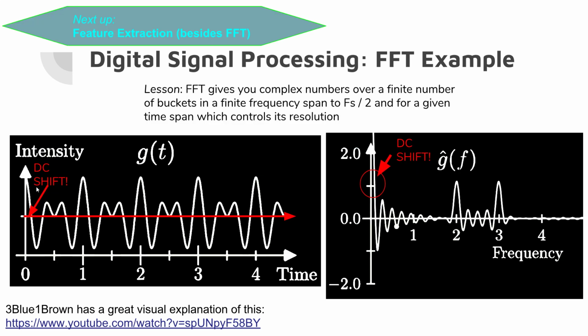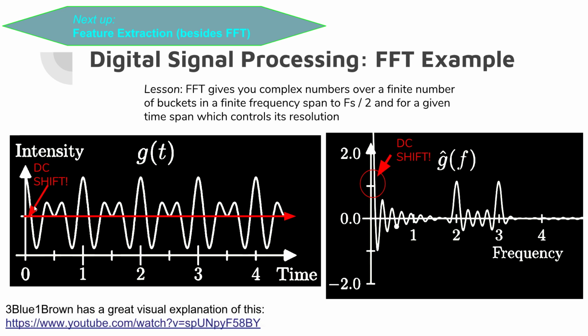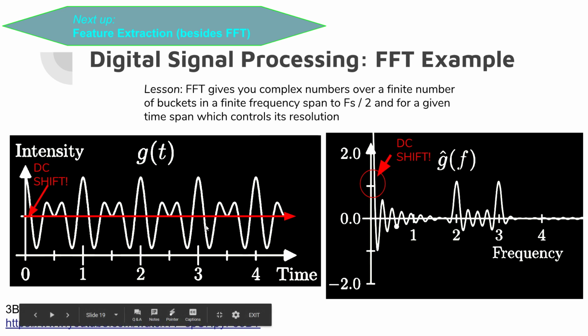So what you can see here in this signal is an example of a signal that has been DC shifted. In this case, you'll actually see that there is a big spike at the beginning of your fast Fourier transform. This is due to the shift of your signal up from 0. So this is partially why a lot of times when you take the fast Fourier transform, because you may want